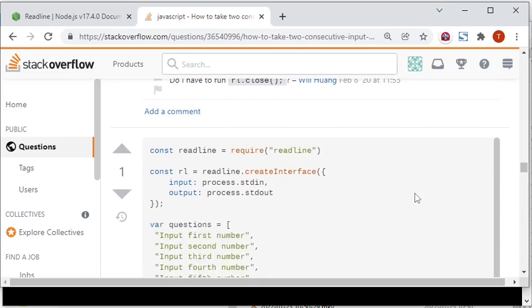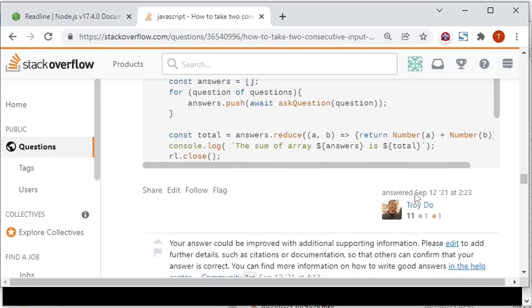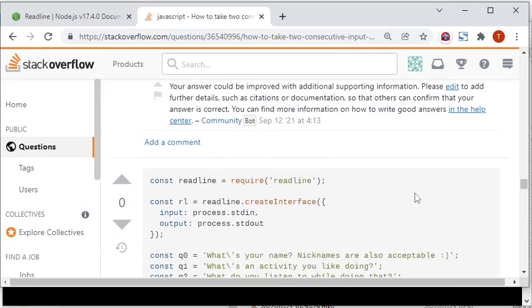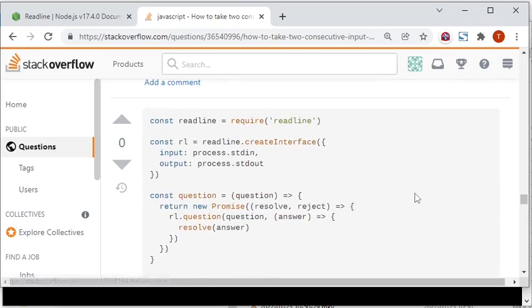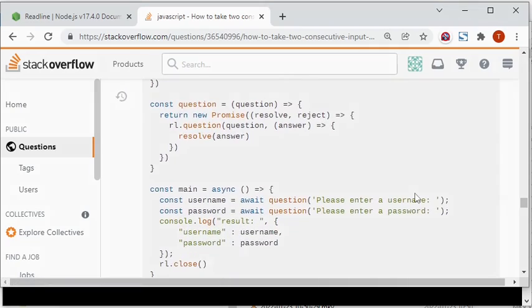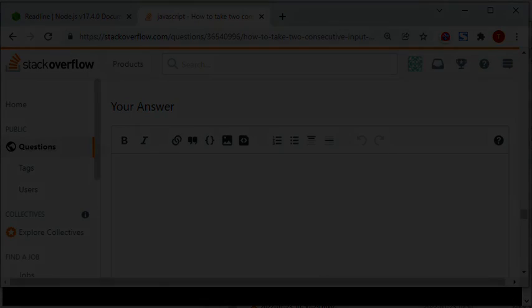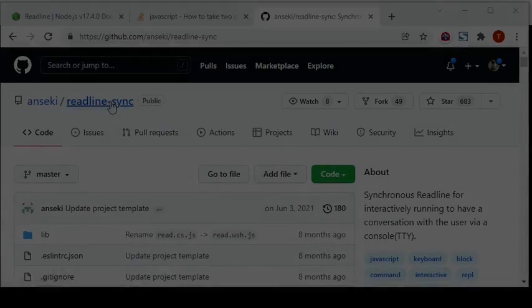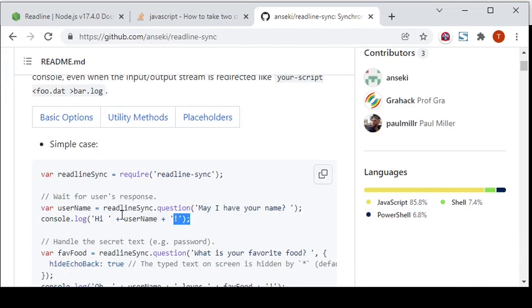I think that if you want to read input from the keyboard in a straightforward way, as simple as it should be, then I think that currently, as of Node 17.4, it is probably better to use a third-party library, such as readline-sync, which I am now going to use. If you look at the documentation for that library, you can see that it is simpler in two ways.